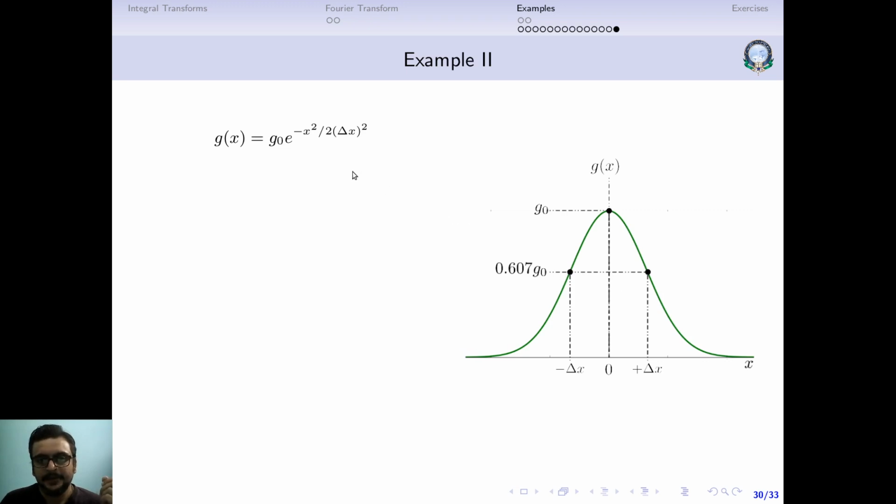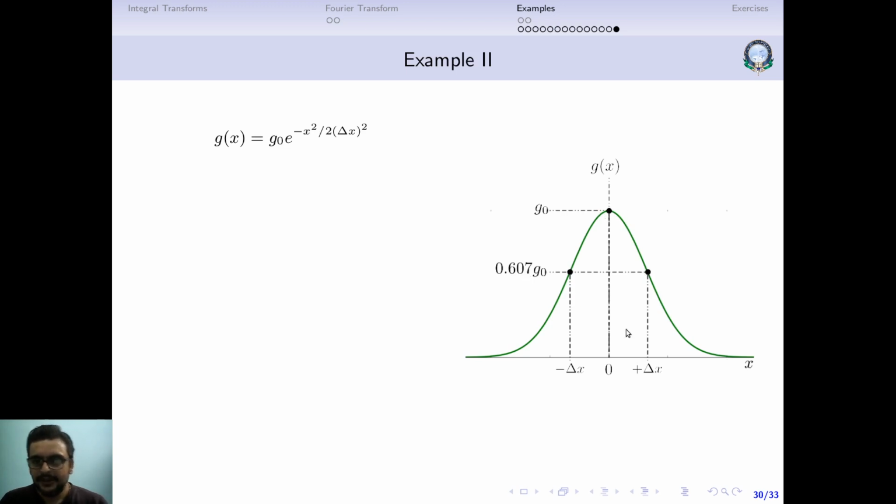So when x is equal to plus delta x or minus delta x, it does not matter because you are anyway taking the square. You'll get a delta x square, and that delta x square will get cancelled, so we'll get e to the power minus 1 by 2, which is 1 by root e. 1 by root e is 0.607. So when you take x equal to plus or minus delta x, the Gaussian function takes a value of around 61% of its maximum value.